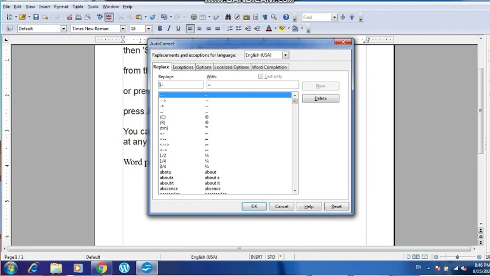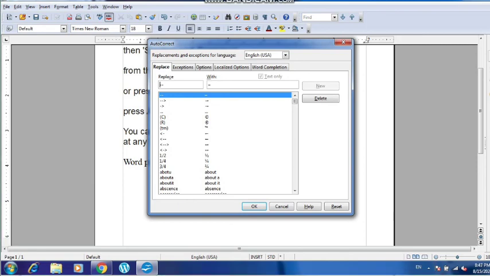So whenever you write a particular word and press the space bar, you must have noticed that the word is automatically changed. It happens in mobile also when we are using the keyboard of the mobile while writing a message. Whenever you just type a word and press the space bar, it automatically changes. So you can add a few words here which you want to be autocorrected, because I have a habit of writing it wrong every time. So you can do it.